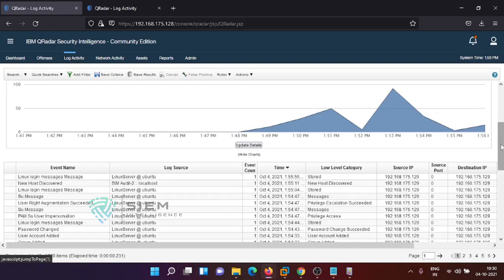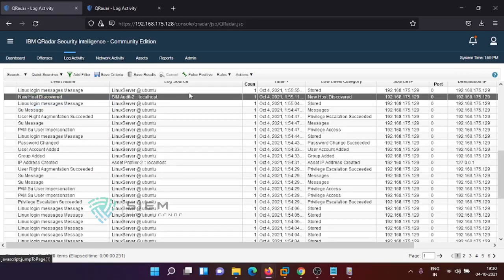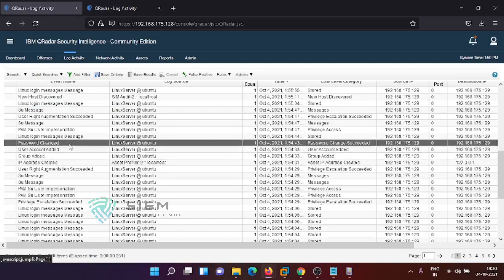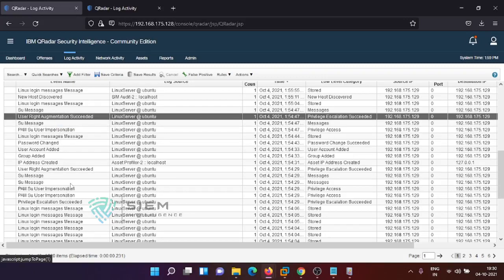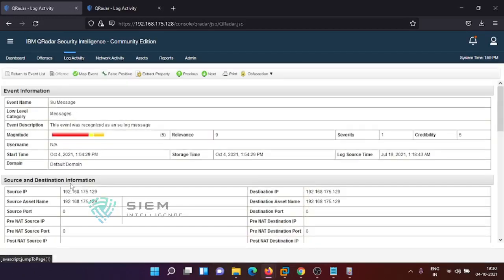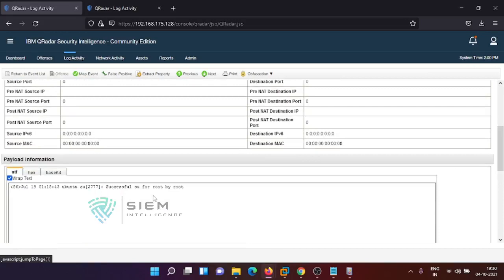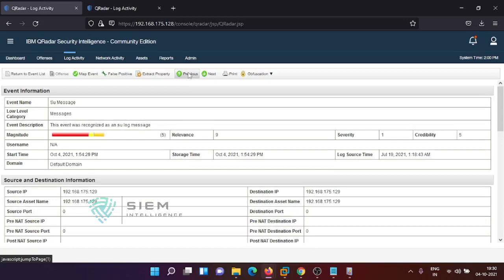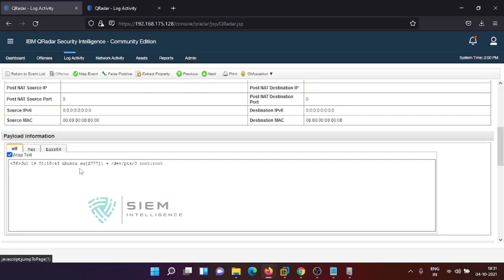See, like this, you continuously start getting so many events. See, here it is showing new host discovered, group added, user account added, password changed, and user rights succeeded. I did so many activities. Like that, I have logged in, logged out. There are so many activities that happened. That's the reason. See, successful SU by root. You can go one by one over here. See, by pressing up and down, you can come to know what the different previous and standard activities are that I did.